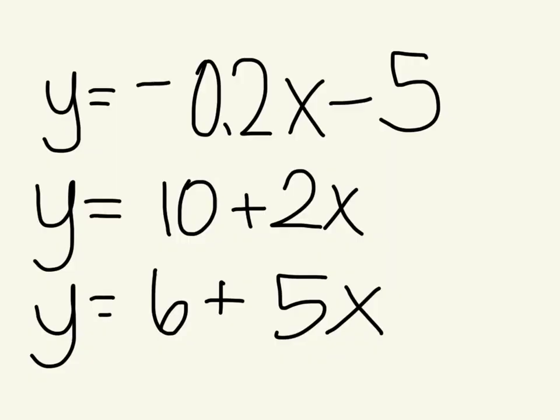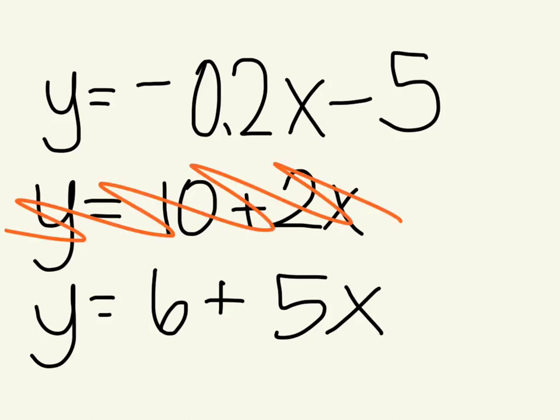All right, I'm giving you 3 equations, and I'd like you to browse through each of those equations and identify what the slope is and what the y-intercept is. In these 3 equations, there is an imposter. There is one that does not belong. 2 of these are perpendicular to each other. One of them is not. I'm going to cross out the one that is not perpendicular to the other 2 lines. So if you have to pause it to analyze it a little bit, go ahead. But on the count of 3, I would like you to point to the equation that is not perpendicular. Are you ready? 1, 2,